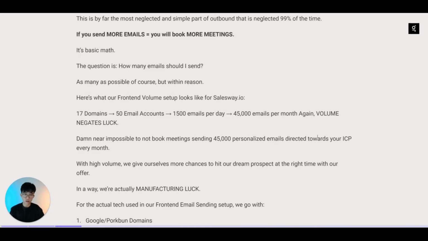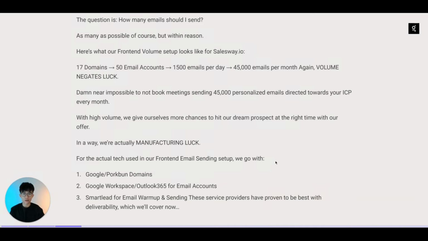So again, volume negates luck. And the idea behind this, if you really think about it, is it's damn near impossible to not book meetings while sending 45,000 personalized emails directed towards our ICP every single month, right? With high enough volume, we give ourselves more chances to hit our dream clients, our dream prospects at the right time with our offer. In a way, we're really just manufacturing our own luck, because part of cold emails, part